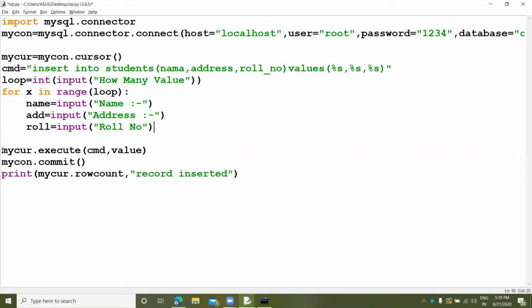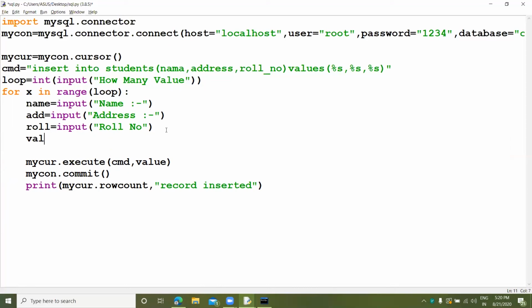Now so what is the value? Value is the name, the address, and the roll number. Okay, guys.